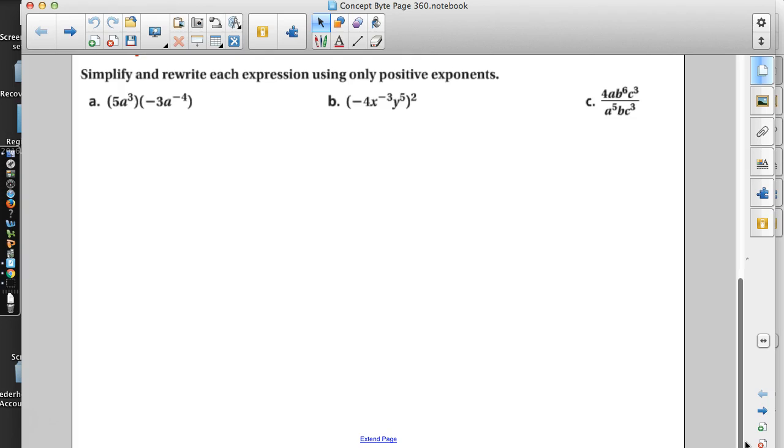So yesterday with the properties, we were talking about, you know, if you want to multiply similar bases, you add the exponents. So it just makes sense that if you multiply, and you're talking about division, and those are inverses of each other, that you should basically do the opposite thing. So if multiply means add, then divide means subtract. That's what we need to do. So for C,